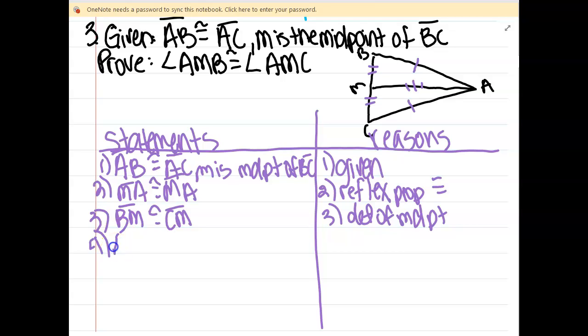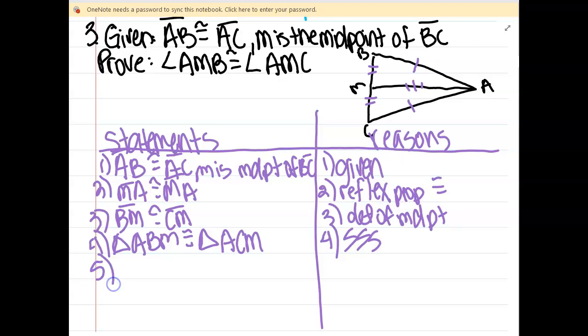So I'm ready to say triangle. Let's do ABM. If I name this triangle ABM, what would it be? Triangle ACM, because side, side, side. And my last statement: I know that since the triangles are congruent, angle AMB is congruent to angle AMC because